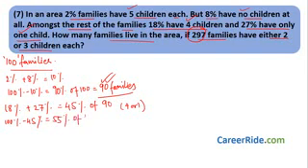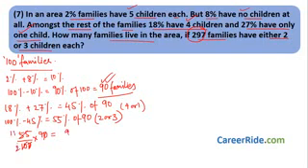55% out of 90 families have either 2 or 3 children, right? Because 45% have 1 or 4 children. Out of the 90 families, 45% families have 4 children or 1 child. So the remaining 55% would obviously be having 2 children or 3 children. What is 55% of 90? That is 55 upon 100 into 90. That would be cancelling out. 5 11s are 55, 5 2s are 10, okay, 99 divided by 2 is equal to 49.5 families. So 49.5 families have 2 or 3 children.